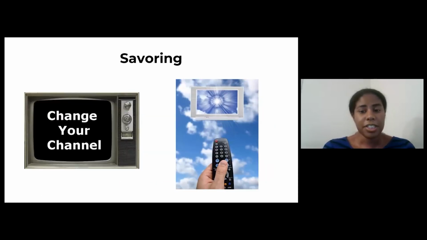And then another is savoring. Savoring was pulled from the depression treatments, and has been applied to sleep over time. But the idea is that in order to address these bedtime worries, you would ideally want to identify a very positive time in your life or memory, and you would want to detail it or describe it in a lot of detail.